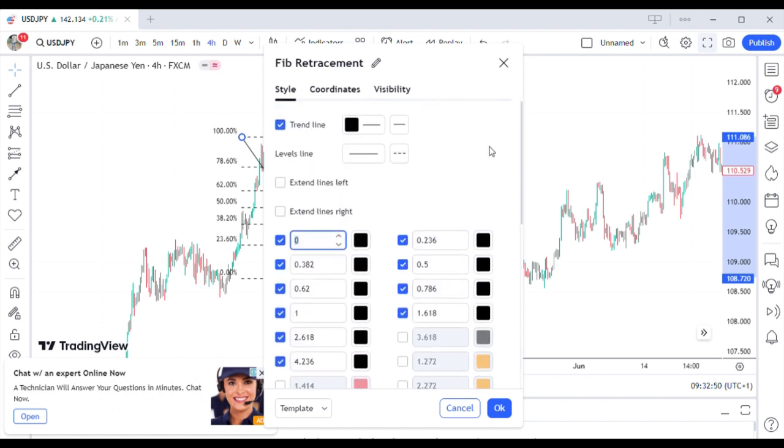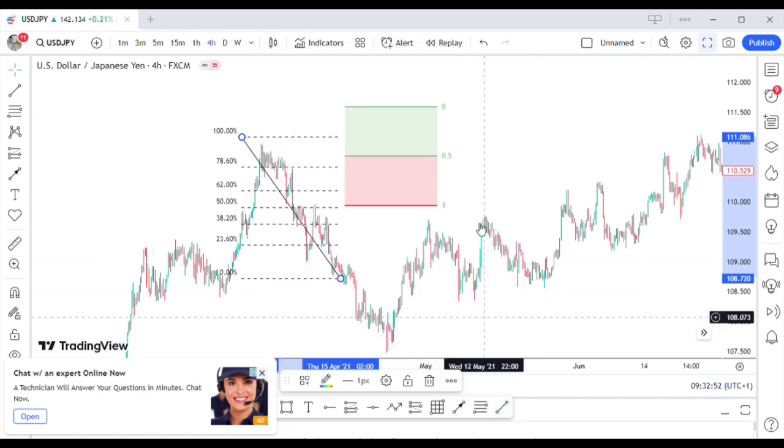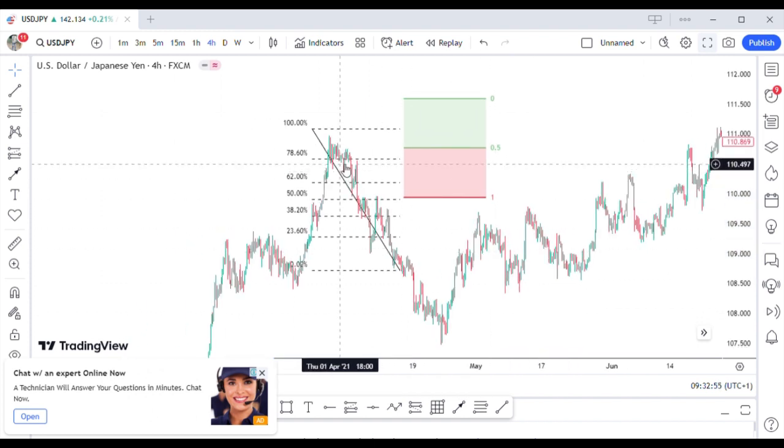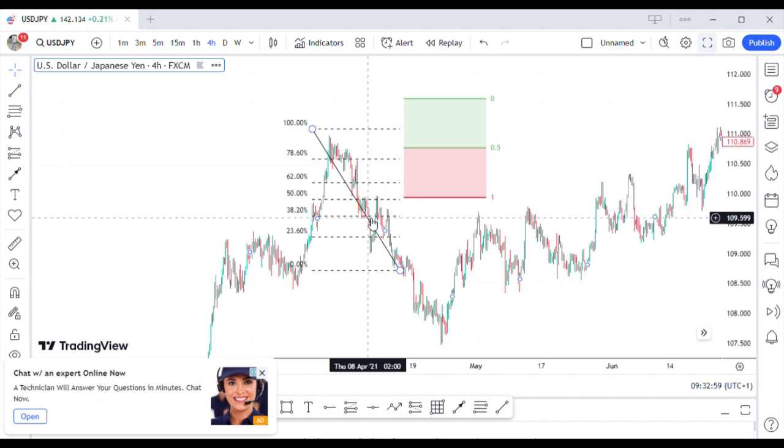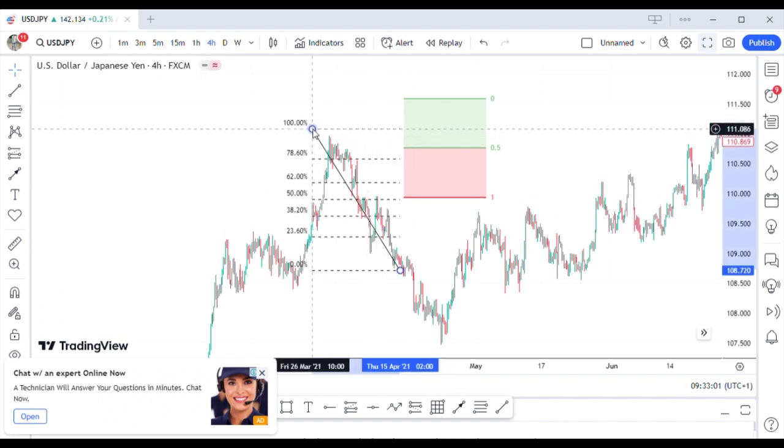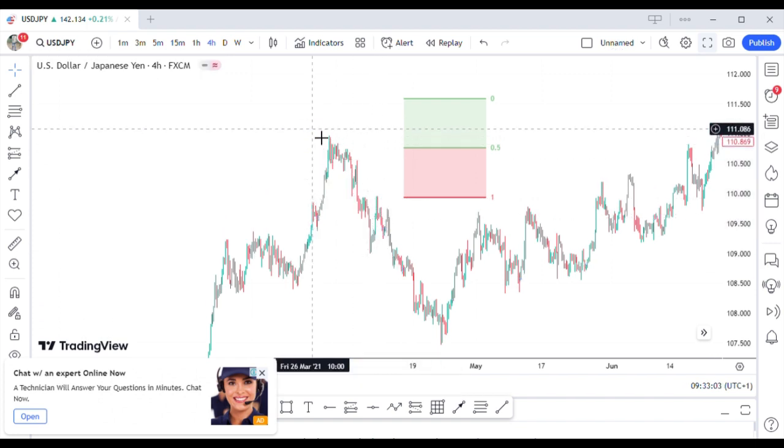So I'm going to be taking you guys on how to make use of it. I don't want the video to be long, that's why I'm going to give you how to set it from the beginning. So every single time we have a break of structure in the market, we have to use either this Fibonacci retracement or Gambles to know if price is in discount or premium, you understand? Then we are going to take our entry, because most of the time according to the definition of order block,